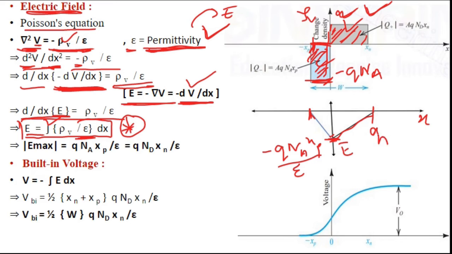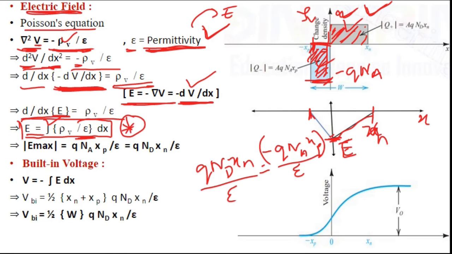After that it will become, so this is xn and it is becoming 0. So now this maximum level of the electric field can also be represented as q times of nd xn, because as I said, the areas of these two rectangles are the same. So this is the area of the rectangle because we are taking the integration of the volume charge density. That means the area of the volume charge density. So it can also be represented by q times of nd xn divided by epsilon.